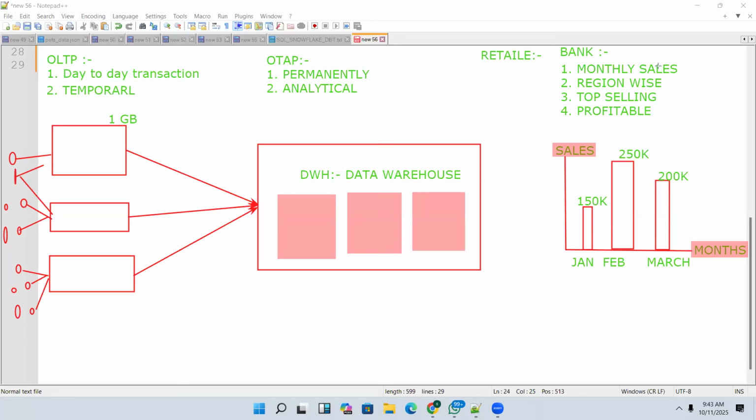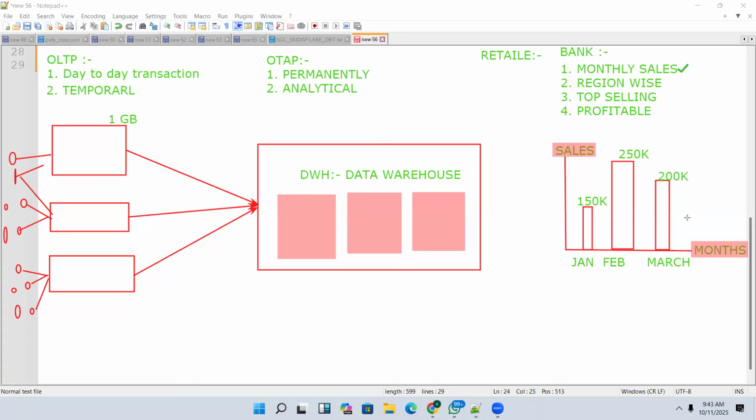See, there is the monthly sales. They answered, right? If anyone asks what your monthly sales are, they will submit this type of visual report. Now they will understand that from Jan to Feb, sales increased. From Feb to March, sales decreased. Why did sales decrease? What is the reason? Like that, if they want region-wise sales, or top selling products, I mean top selling regions, they will develop some visual reports and submit them to the business user.